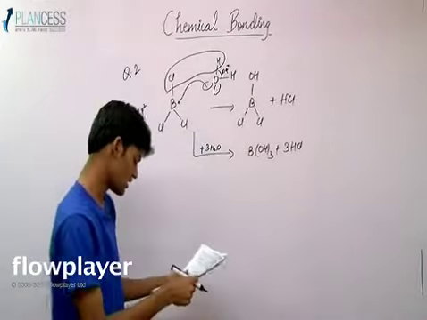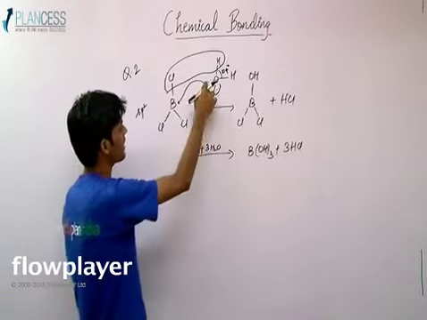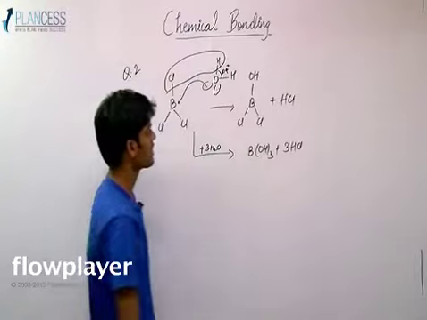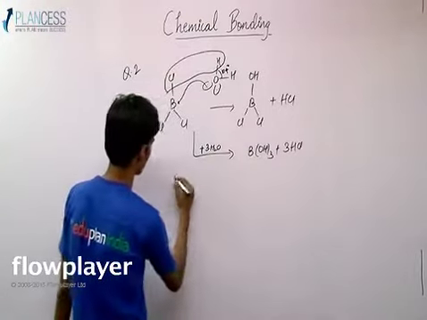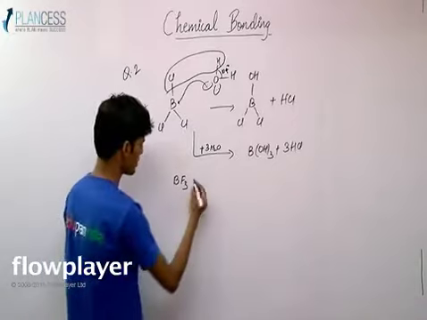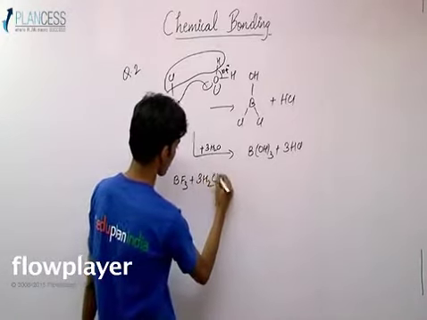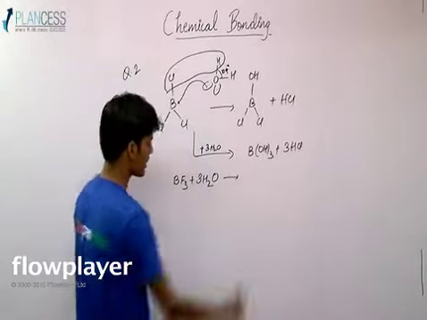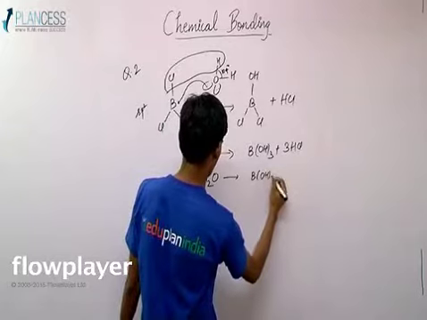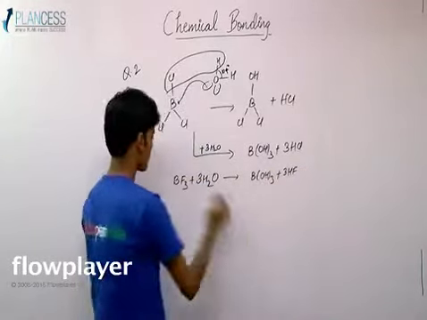This is the hydrolysis of boron trichloride, because boron has a vacant p orbital and oxygen has a lone pair, so this attack will take place. In the case of BF3 also, B has a vacant p orbital, so 3H2O will attack, and it will form the same B(OH)3 plus 3HF. But now HF again